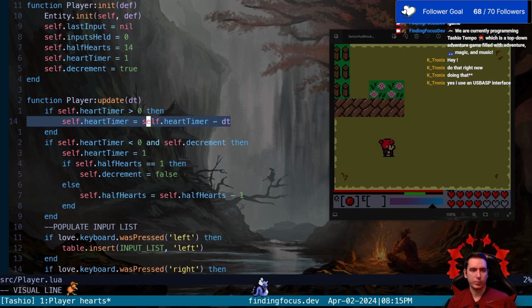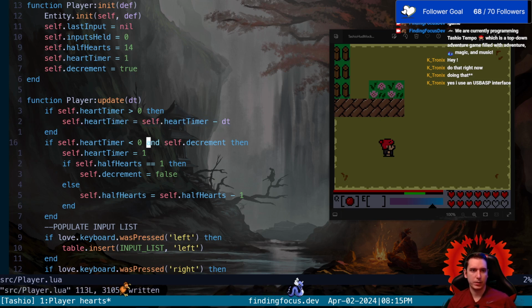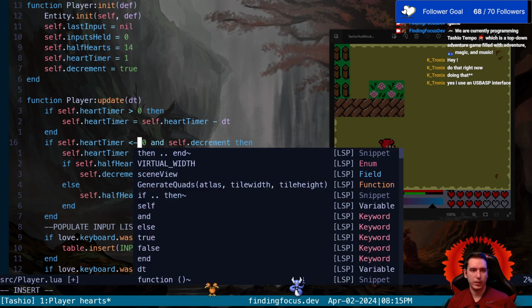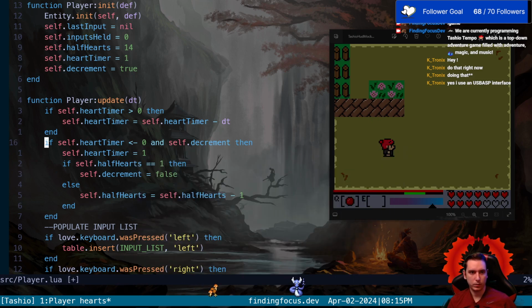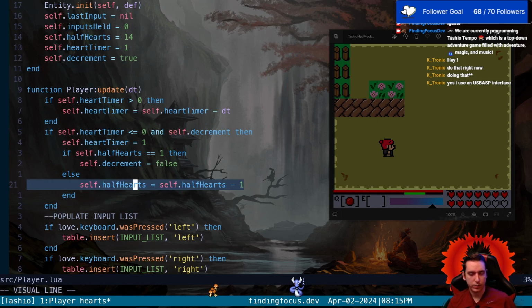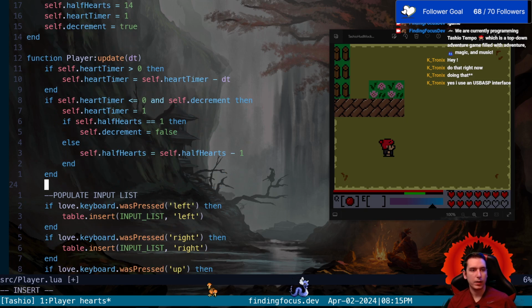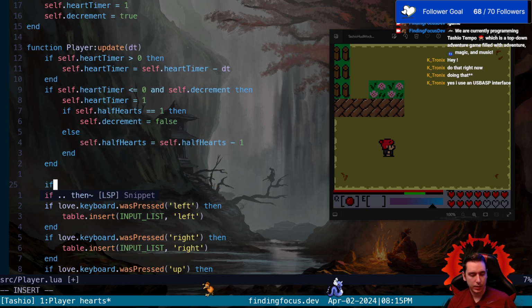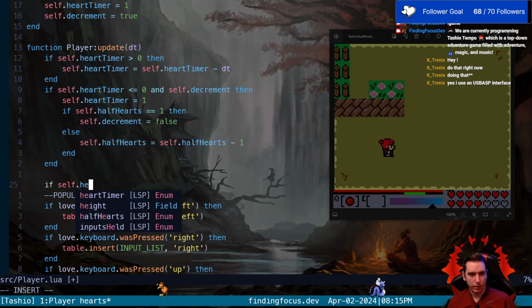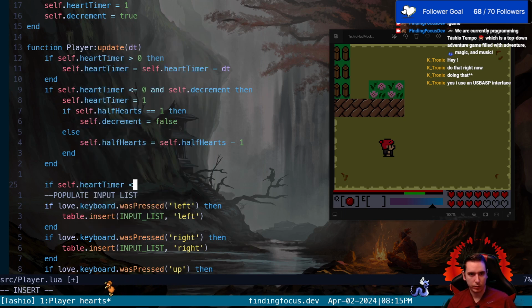So if our heart timer is greater than 0, we're gonna decrement it, and then we need to say if our heart timer is smaller than or equal to 0, and we're decrementing, go ahead and take out 1 heart, and then we need to say, if our heart timer is smaller than 0